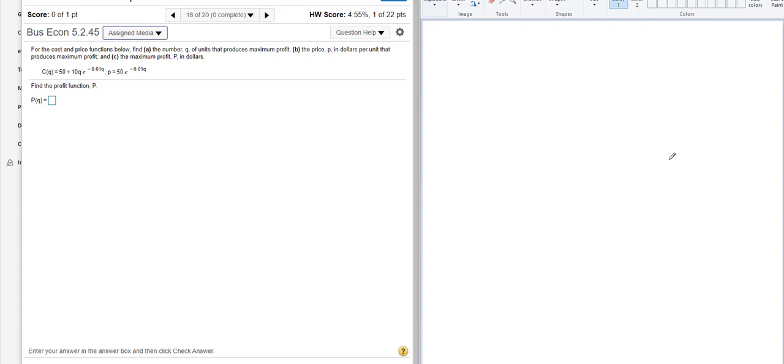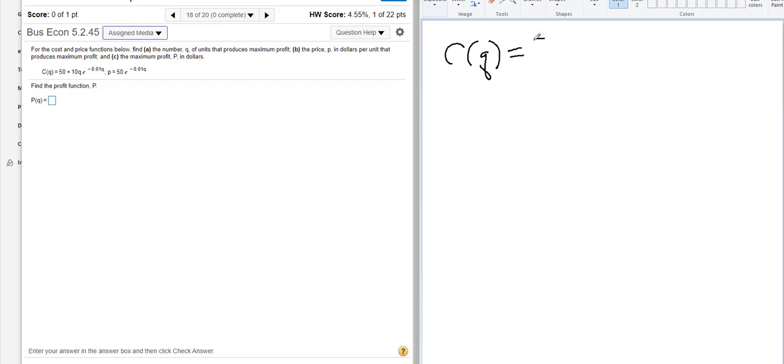Number 18, for the cost and price functions below, find A, the number Q of units that produces the maximum profit, B, the price P in dollars per unit that produces the maximum profit, and C, the maximum profit P in dollars. They give us the cost equation